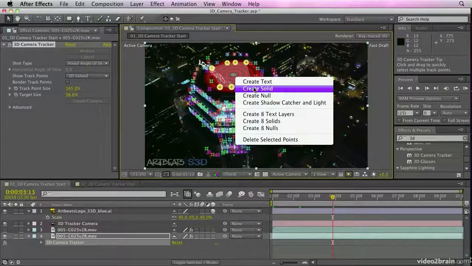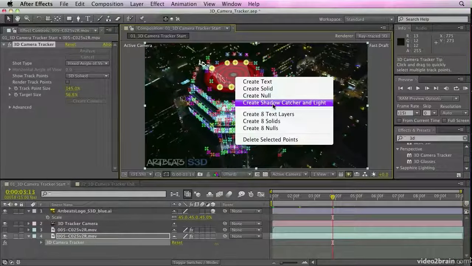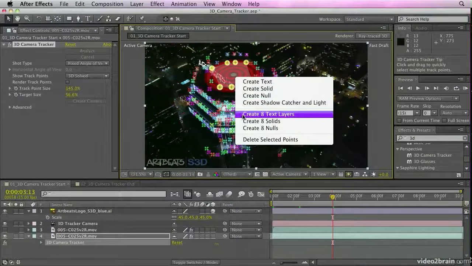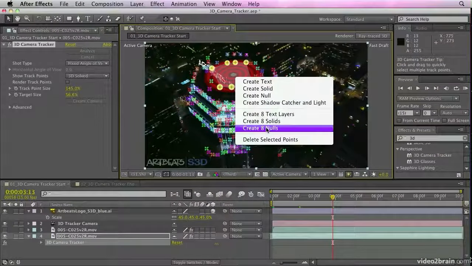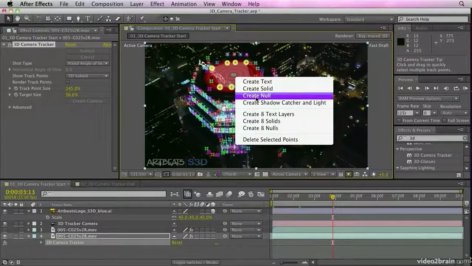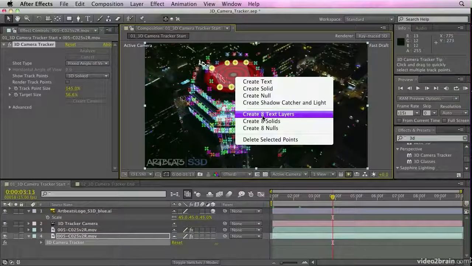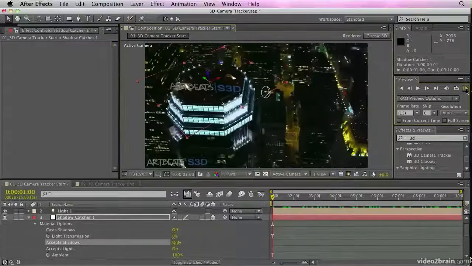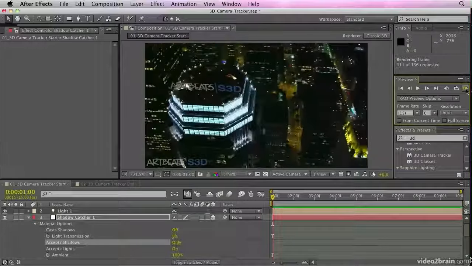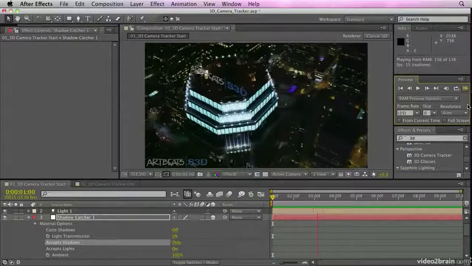You can attach a variety of elements to the footage, including text layers, solids, nulls, and even new shadow catcher layers which can be used to cast shadows from your applied elements. And you can control how the effect works via really easy to use effect controls that appear in the effect control panel, just as other effects do, and you'll see it makes the footage really look as if it belongs